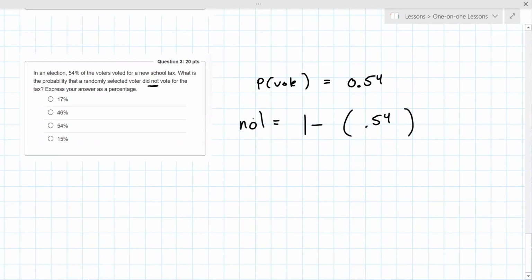If we want the not, we'll say not. So that's 0.46. Then you convert that into a percentage and you get 46%. All right. So now,